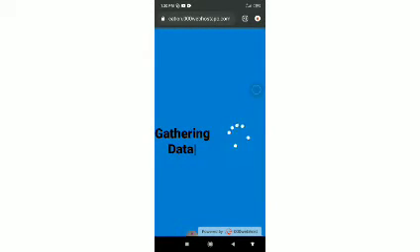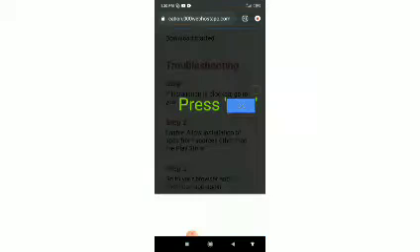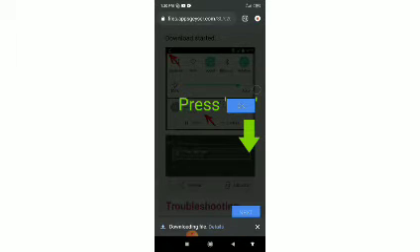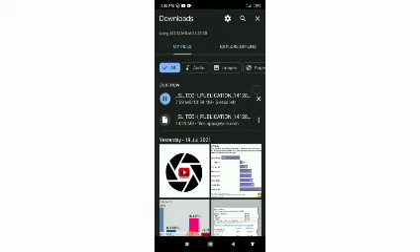You need data. It's gathering data and then analyzing the APK. It will take a while to load. You need a network for our app because you cannot go offline. If after waiting two seconds it is not loading, you can say, do you want to download again? You must click on this download. I have already downloaded, so I'm downloading again to show you.